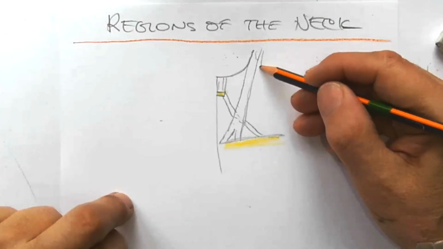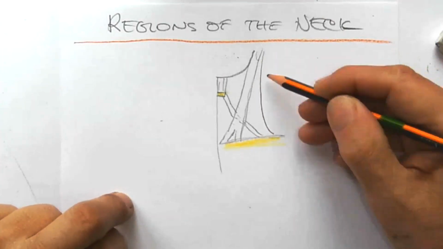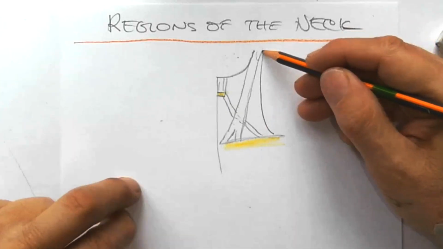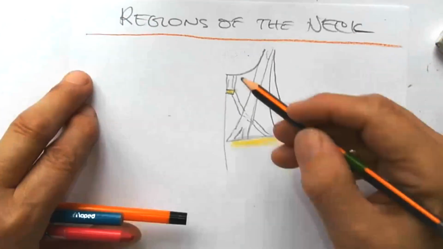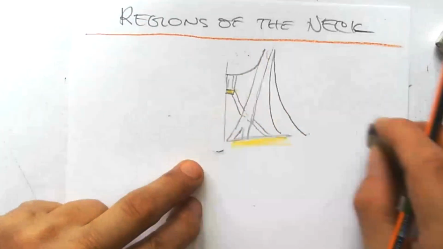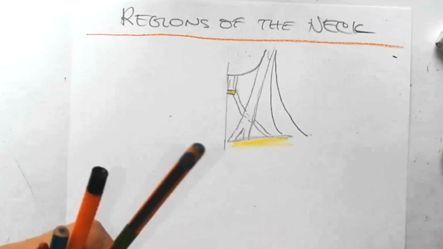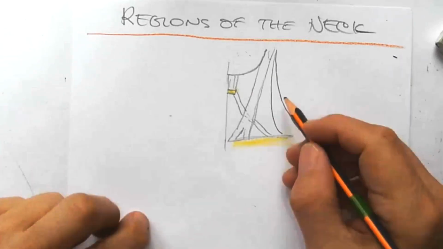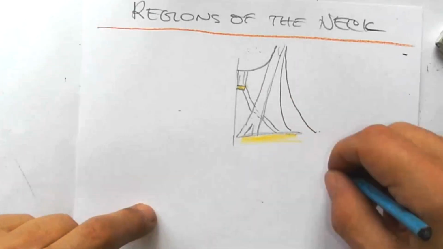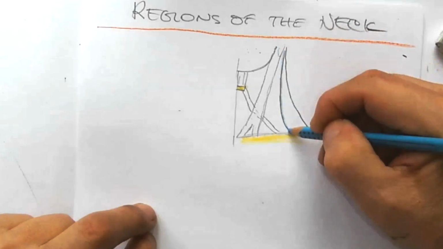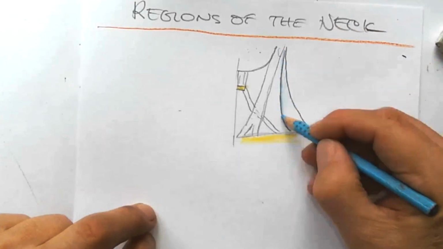Then we see also the anterior margin of the trapezius, and then the neck here as you see it, the half drawing. Fine. So concerning the muscles, using blue from this line, the area colored